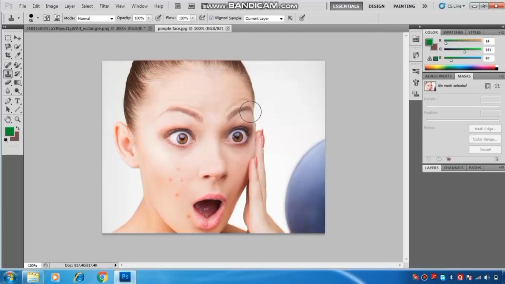Okay, then bring the pointer to the area that is to be cloned. Okay, and press the Alt key, and by holding the left click on the mouse, capture the sample. Okay, like this. Like this we will capture the sample of our image. Okay, we have to move our mouse on the portion where we want to create the clone.